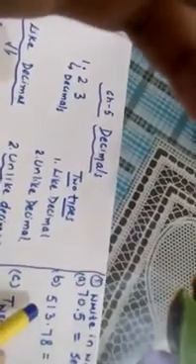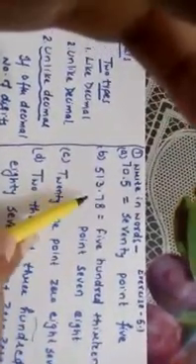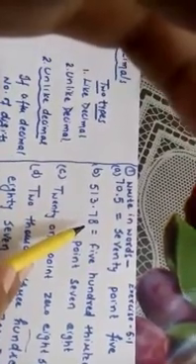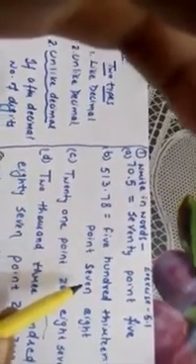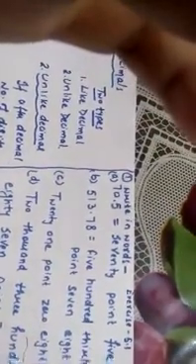But if 2 digits are there, see here, 513.78, how will we write it? 513, then a decimal is there, we will write point. 78 we will not write as seventy-eight in one piece, we will write it as 7, 8. Clear to all? Then the C part is there.